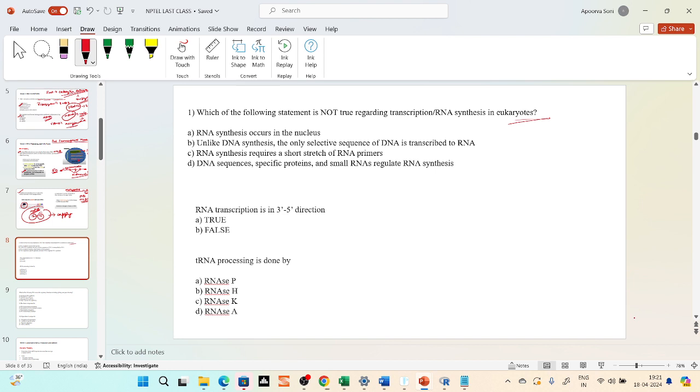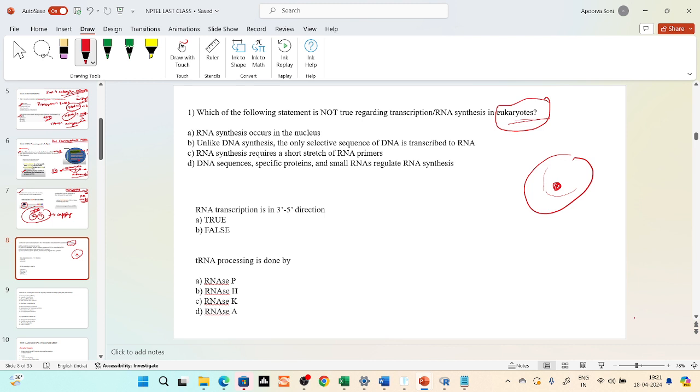Regarding transcription in eukaryotes. We are talking about eukaryotes. Eukaryotes means they have a well-defined nucleus and a cytoplasm. That means the compartments of nucleus and cytoplasm are there in eukaryotes, but not in prokaryotes. So in a prokaryotic cell, transcription, translation, replication, everything is happening inside the cytoplasm only, because there is no well